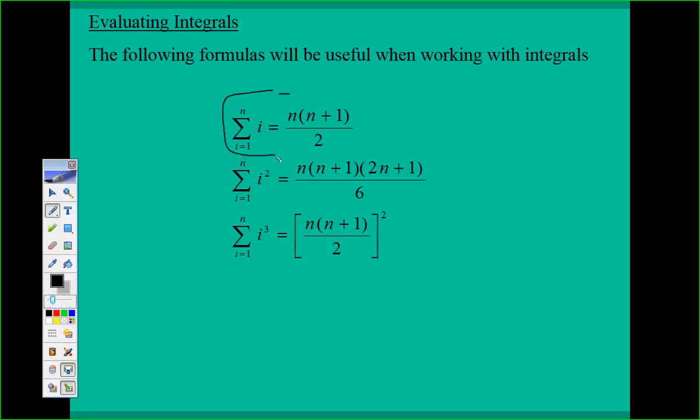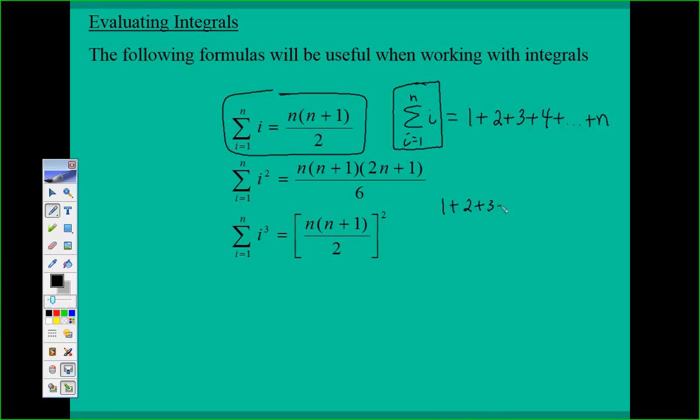This right here, if we are looking at summing up from i equals 1 to n of i, that means we plug 1 in for i, plus, then we plug 2 in, plus, then we plug 3 in, plus, then we plug 4 in, all the way up to n. So this just represents the summation of our integers. Well, if we're looking to sum integers, if we have 1 plus 2 plus 3 plus 4 plus, let's say, all the way up to 100,